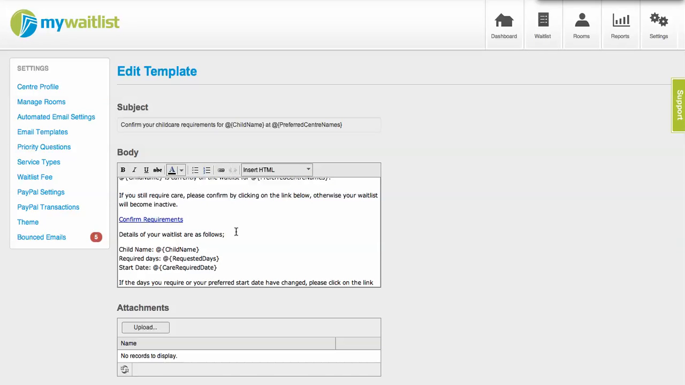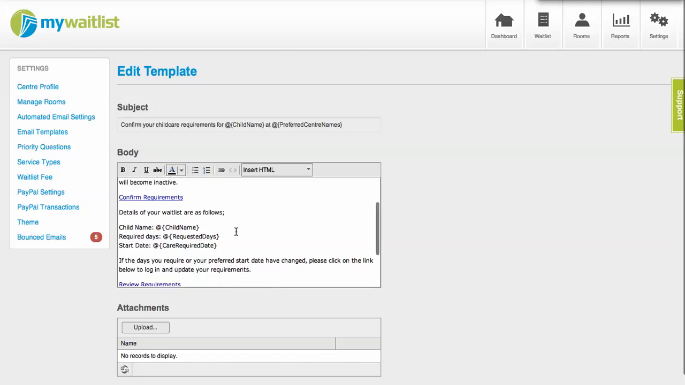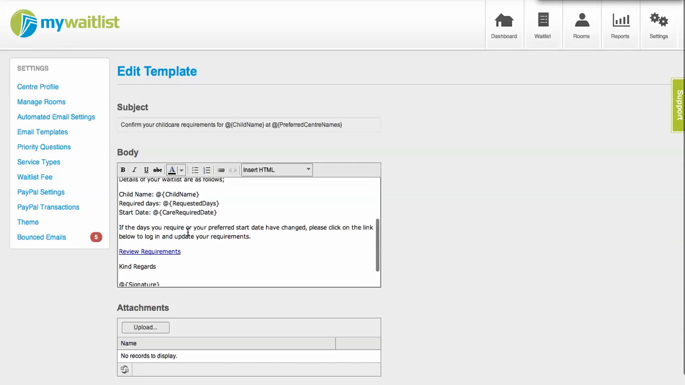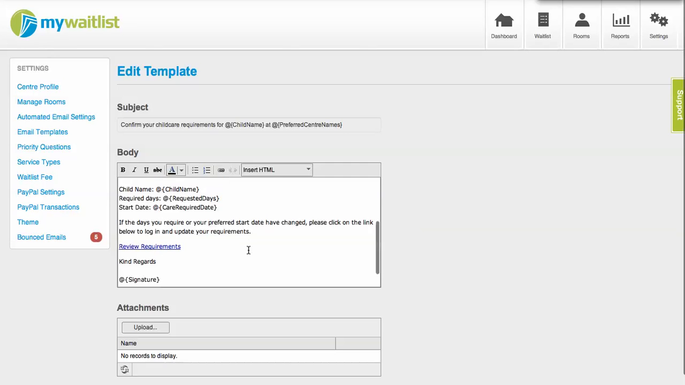If they don't do that, they will become inactive. They'll get another email, which I'll show you in a second. And that just gives the parent a summary of what their request details are, the child name, the days they require and when they want to start. And if they want to update that, they can then click on a link here